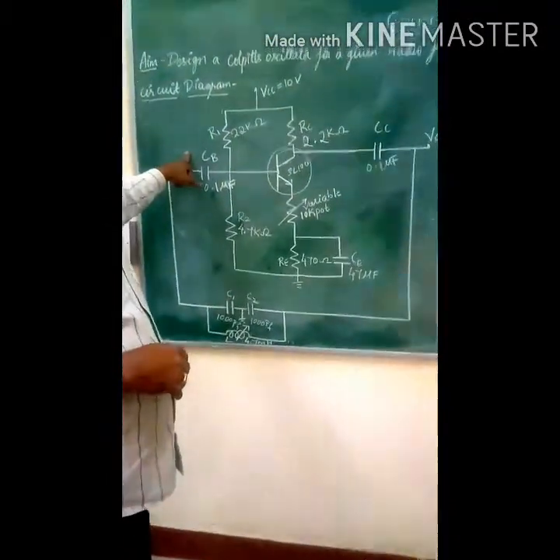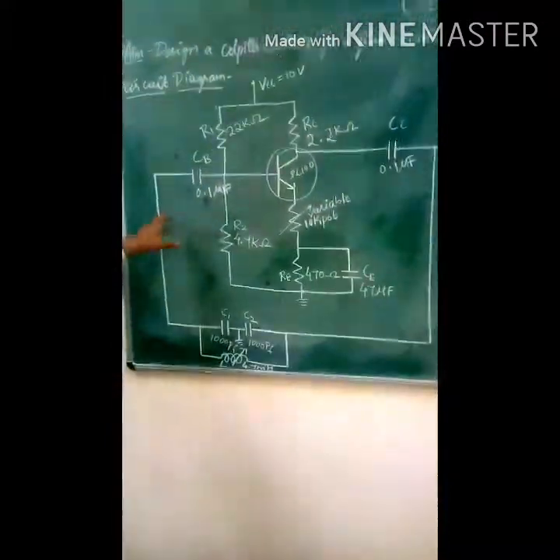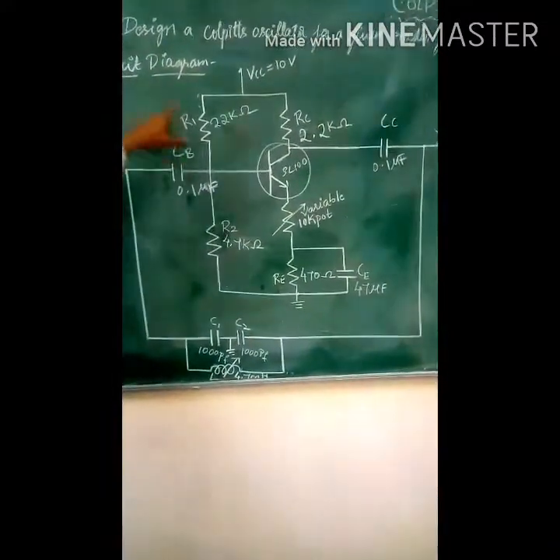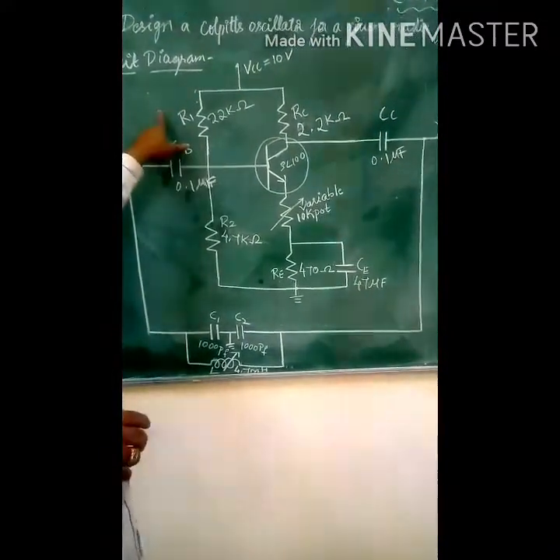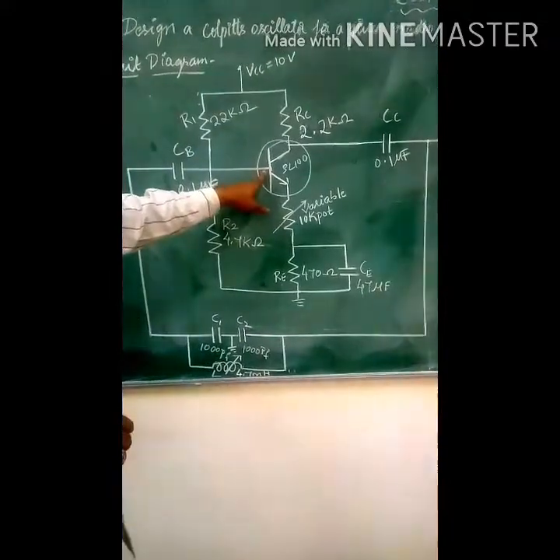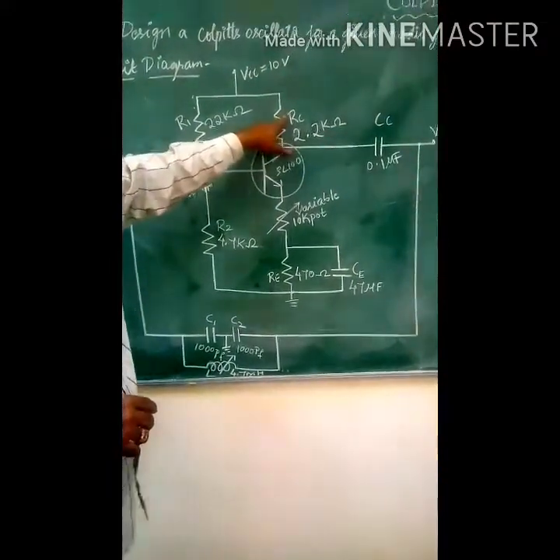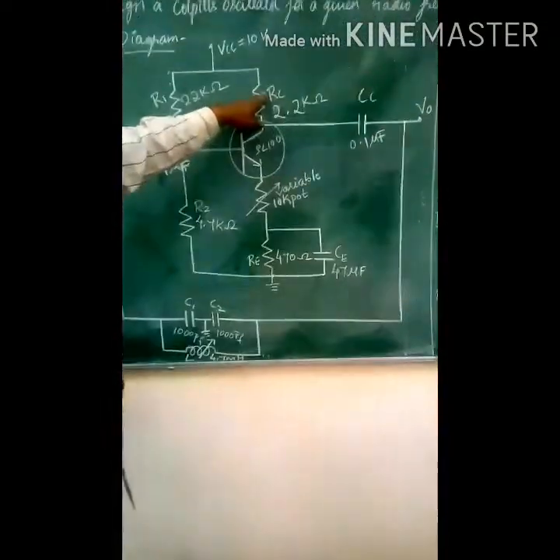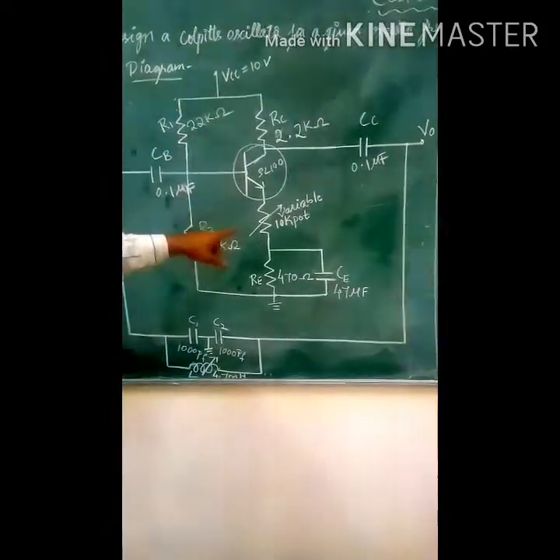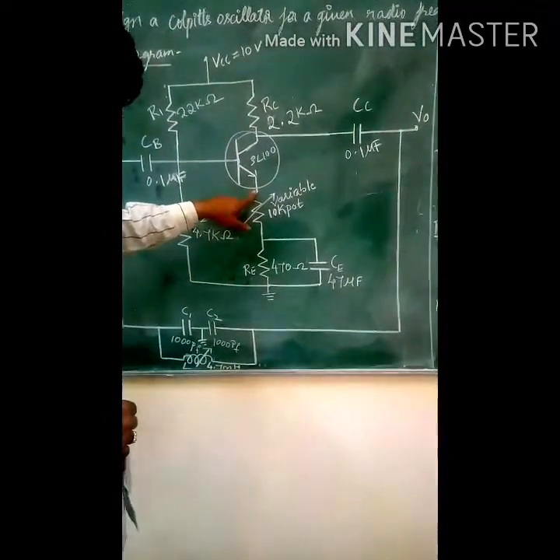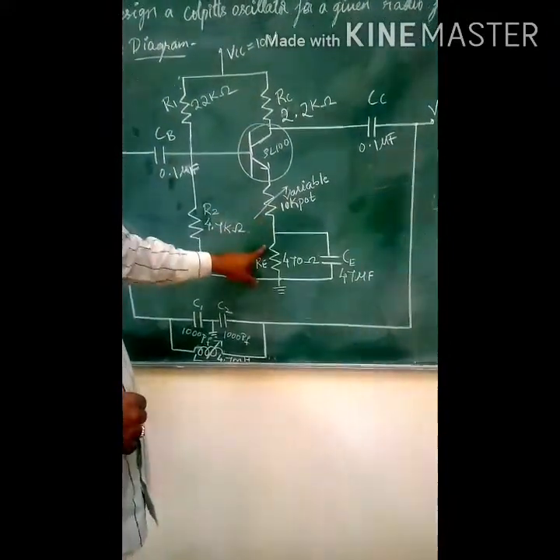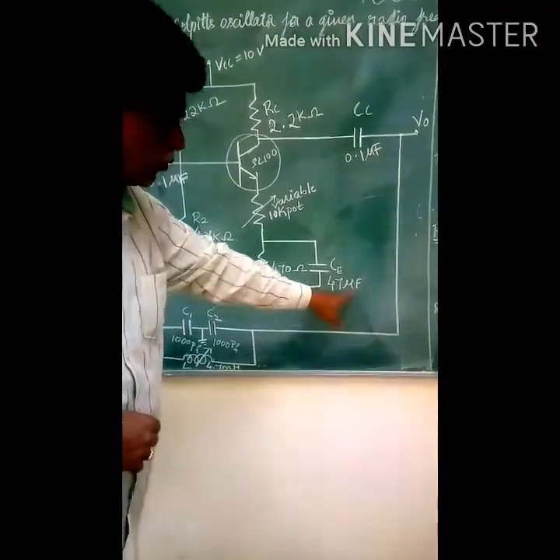So, to start, this is the circuit diagram for a Colpitts oscillator. The circuit comprises a capacitor, which is called the base coupling capacitor, and R1 and R2 are the voltage divider circuit. This is a transistor SL100, where this is the emitter, this is the base, this is the collector, and we have RC, the resistor at the collector end, and VCC of 10 volts given to the transistor. Towards the emitter we have an emitter resistor of 10K, and to this we have a bypass capacitor of 47 microfarad.